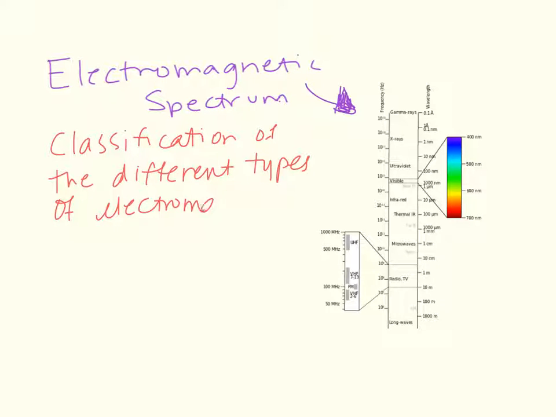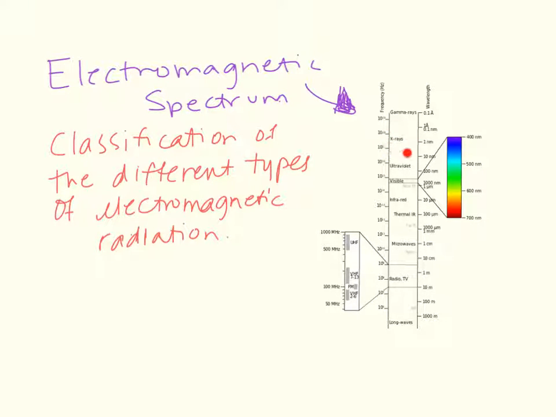And electromagnetic radiation is a way that energy flows through space. And it can be